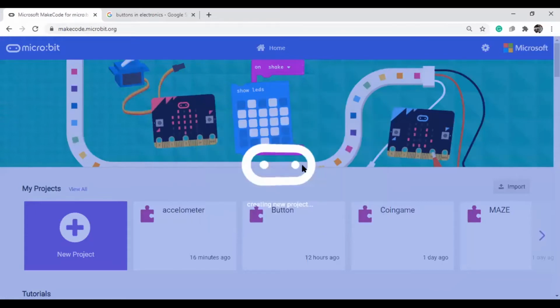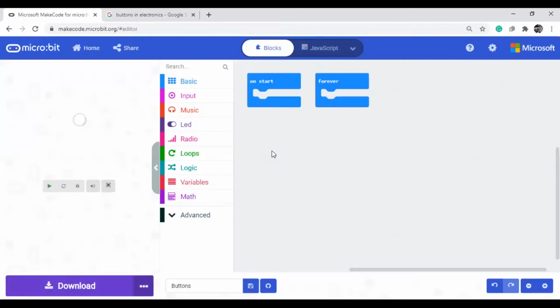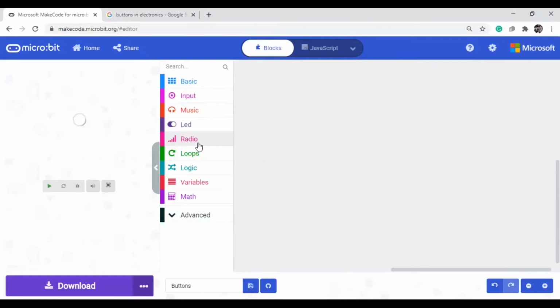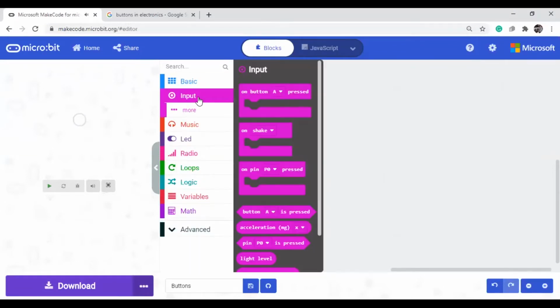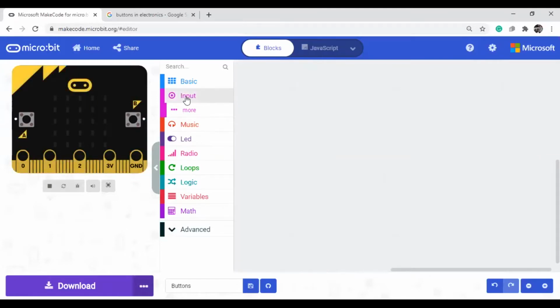Here we can call buttons useful for opening or closing circuits. In software programming, in computer science, we call it an event handler. In electronics, it is closing or opening the circuits. If you want to use the buttons, they are in the Input category.